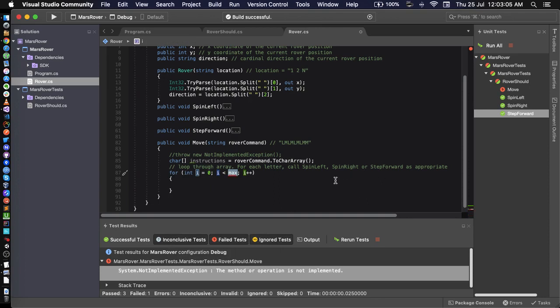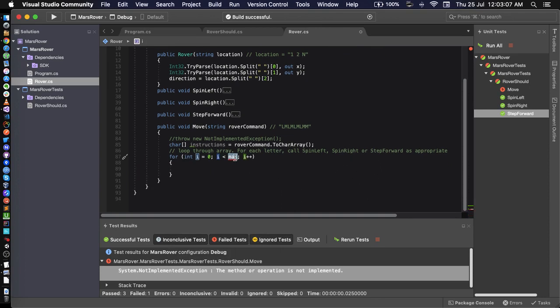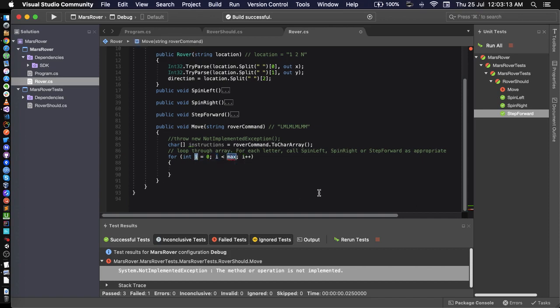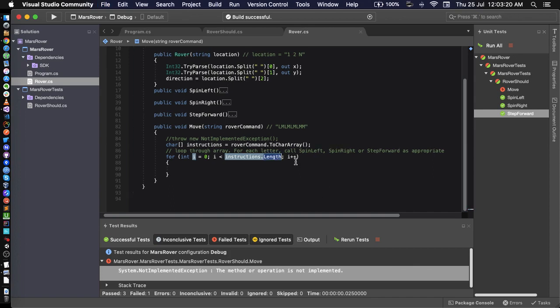Again, Visual Studio is the best IDE in the world. Some people will break my neck. So for int I equals 0, I less than instructions.length. Okay, we never want to get to the maximum value, so we're not using a less than or equal to. So while you're looping through this array of car,